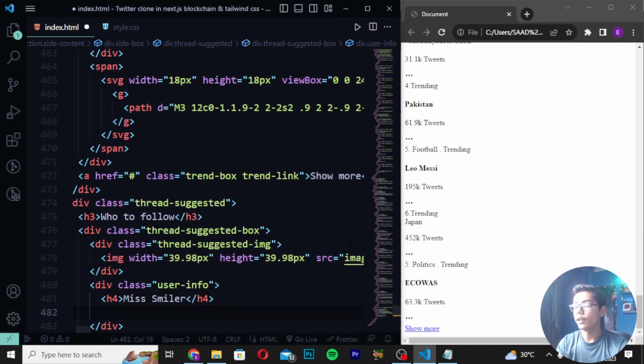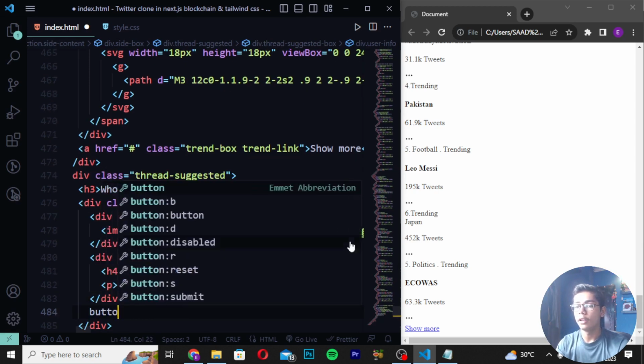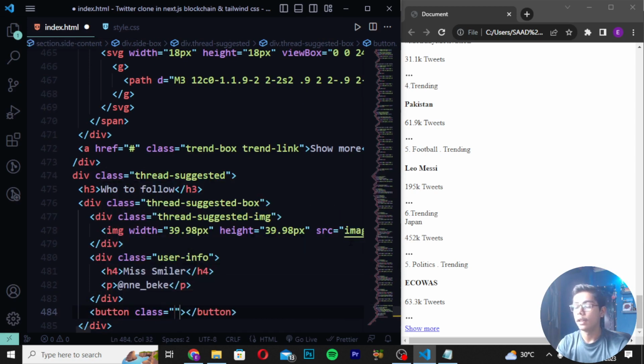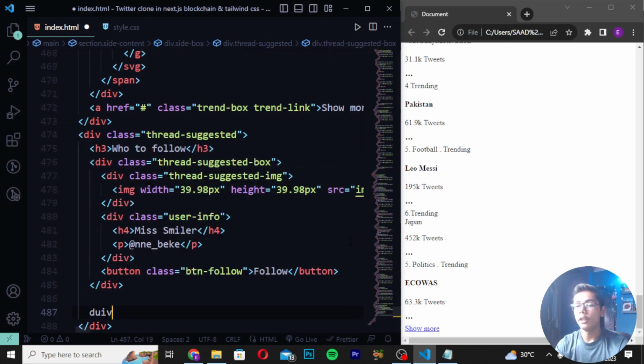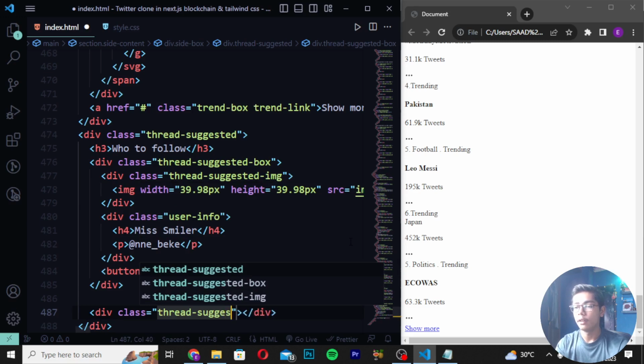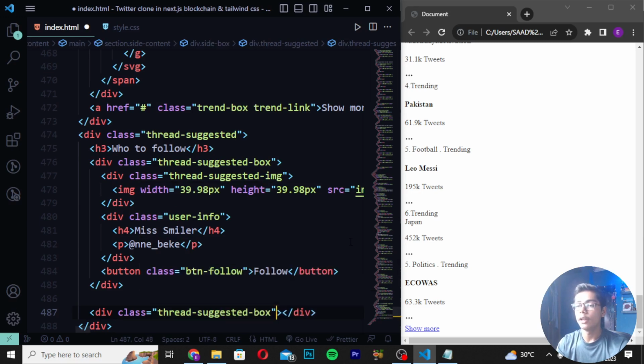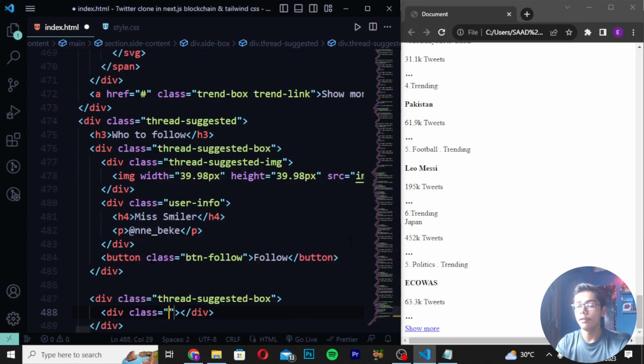Then you have to move down and write here p tag at the rate b like this. Then you have to now just create your button, and I will be writing here class bt and follow. Then you have to move in center and create here follow, which is the follow button. Then I will be now just moving down and create here div class, and I will be writing here thread suggested box. Then I will be now moving down and write here div class